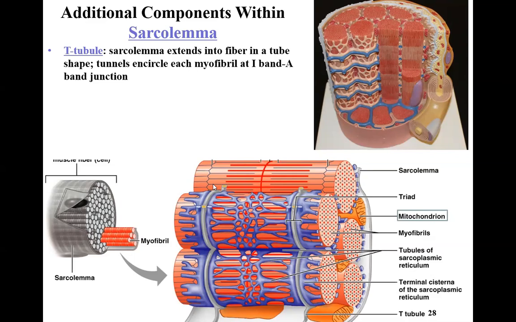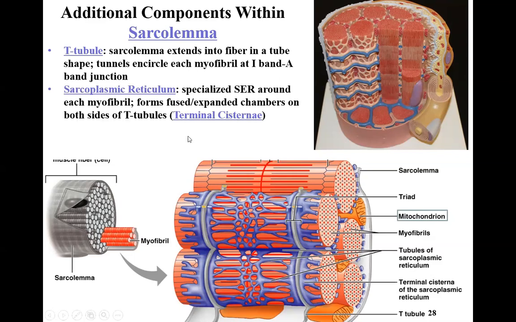Okay, and so on this diagram, we can see the little T-tubules right here. On our model, the blue are the T-tubules. Also, we can see that the T-tubules are surrounded by this funny little mesh thing going on. This mesh is actually a modified reticulum, right? Modified smooth endoplasmic reticulum, in fact. This is called the SR or Sarcoplasmic Reticulum. It is wrapping around every single myofibril, and it is going to be interacting in a particular way with those